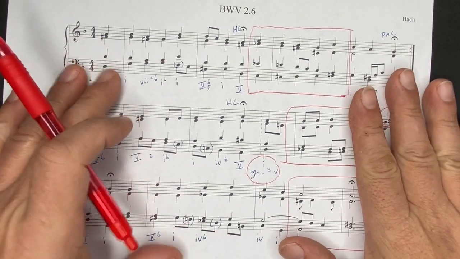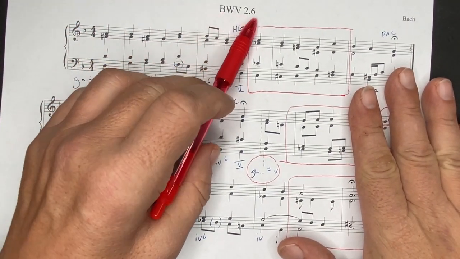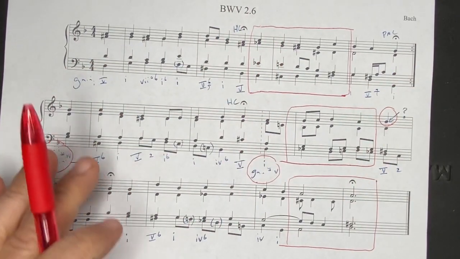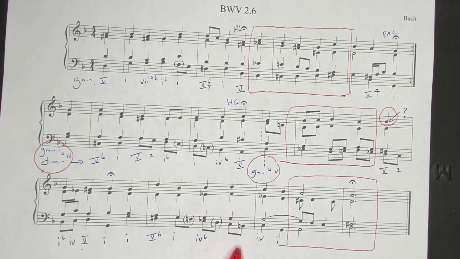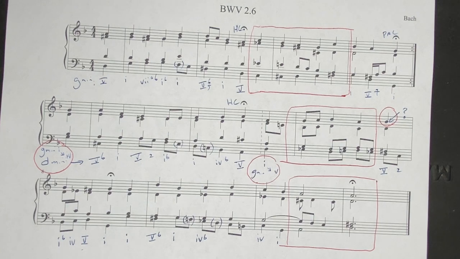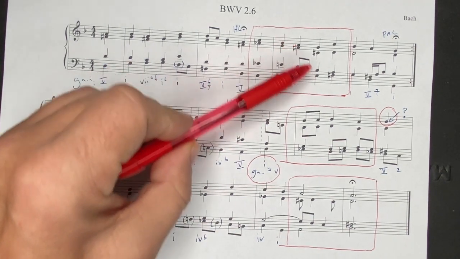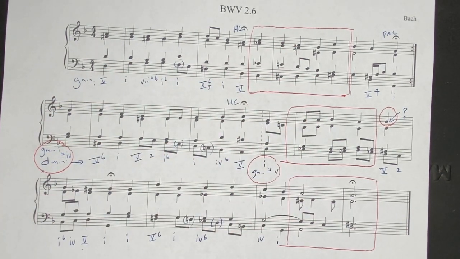So we're just going to revisit BWV 2.6 Chorale by Bach. In a previous video we did all the diatonic or in the key easy things to analyze, and we ignored things like non-chord tones and these spots in red here because they represent either chromatic harmony or deviations from, I guess, what we call first year, second term stuff. So this is a follow-up because it's useful for second year students, and you just might also want to know